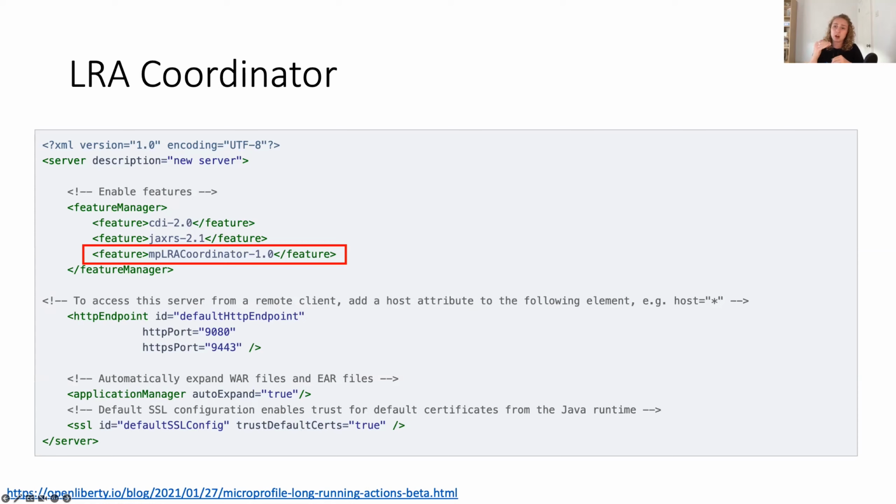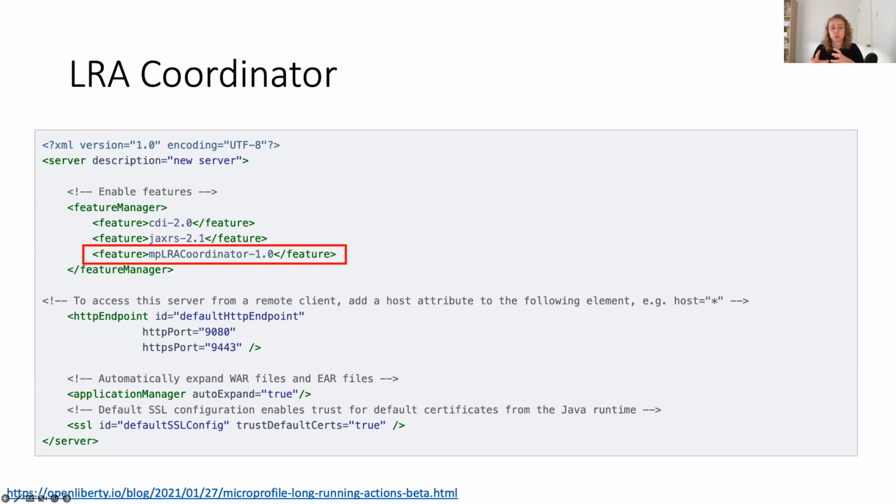So you'll need CDI and you'll also need JAX-RS, which is why they're listed here above the MicroProfile LRA feature in my screenshot here. But all you need to do when we've got this feature in our server.xml is essentially run the coordinator with the command start LRA coordinator and then run LRA coordinator.